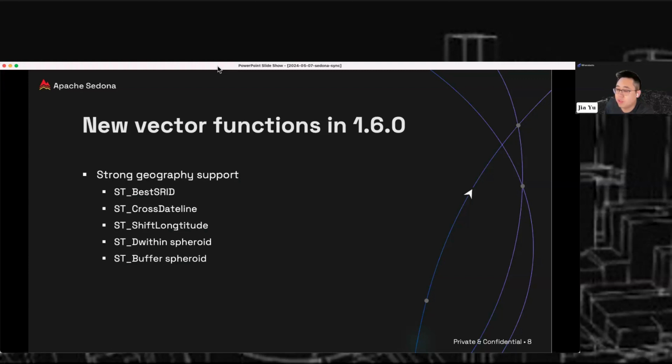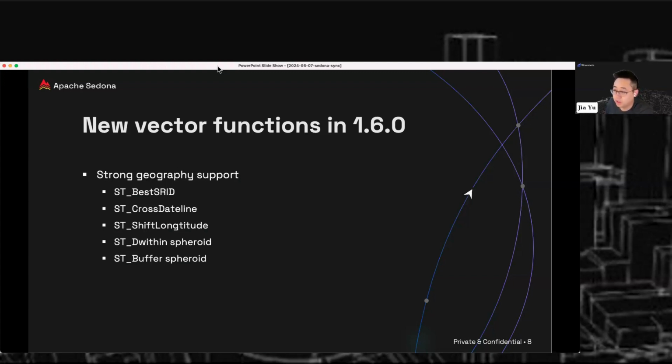So you might want to do some special treatment on those geometries by calling ST_CrossesDateLine manually and filtering them out. And ST_ShiftLongitude will actually flip the geometry that crosses the international date line,